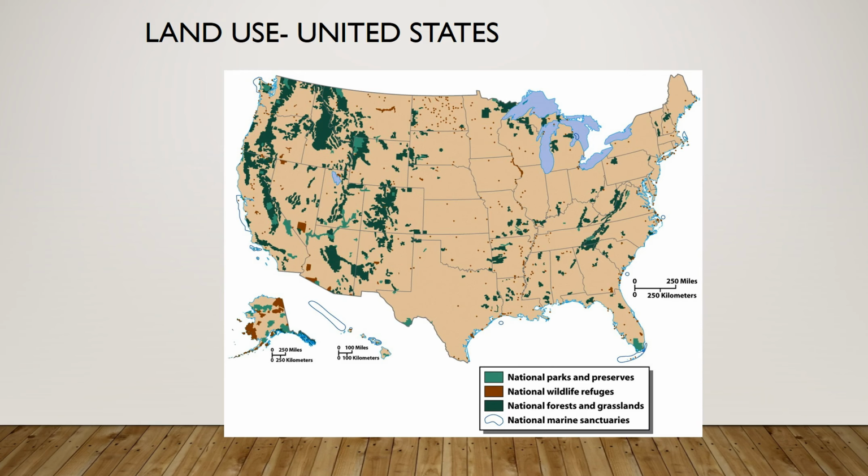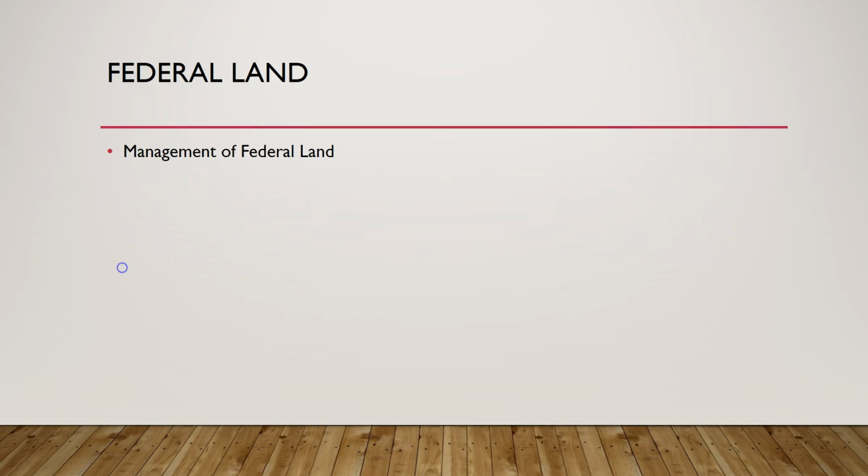Okay, now, if you look at a map of the United States and where we have federally owned land that's devoted to national parks or wildlife refuges, etc., you notice that most of that federally owned land is in the western U.S. and Alaska. Okay, as you go east, a lot of the land ownership and stuff kind of predates environmental policy and land management guidelines. Okay, so